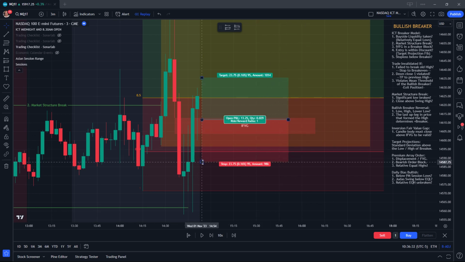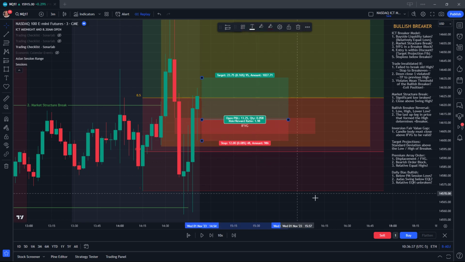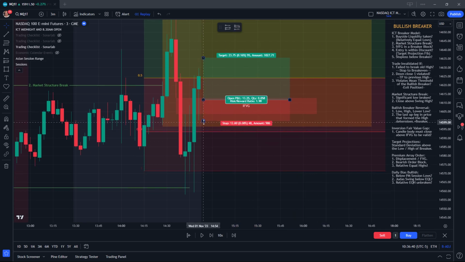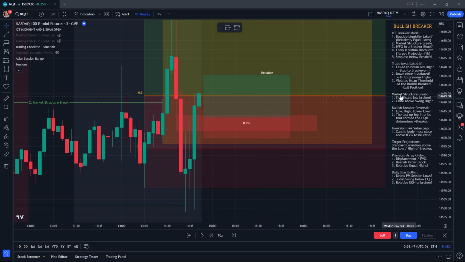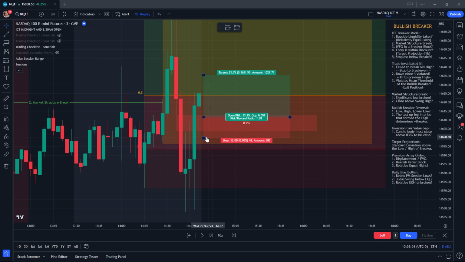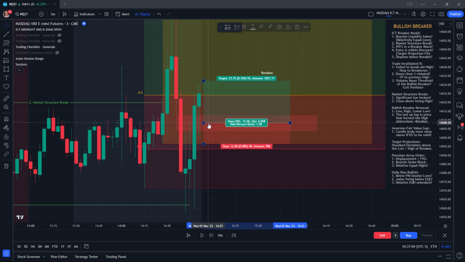But as I've decided, 12 pips is the risk I'm comfortable with. I know some theories would be, oh, it must be at the last low, but I'm not comfortable with that much risk. So I've created another rule that says the stop loss must be below the breaker, but I can't move the stop loss down there without increasing it. So what I'm actually going to have to do is move the entry down so that the stop loss gets to where I need it to be, which is now